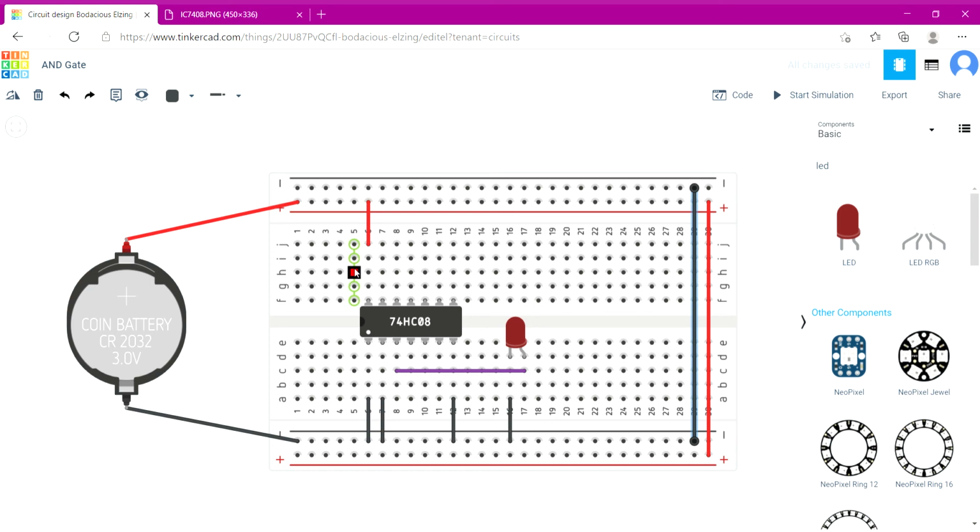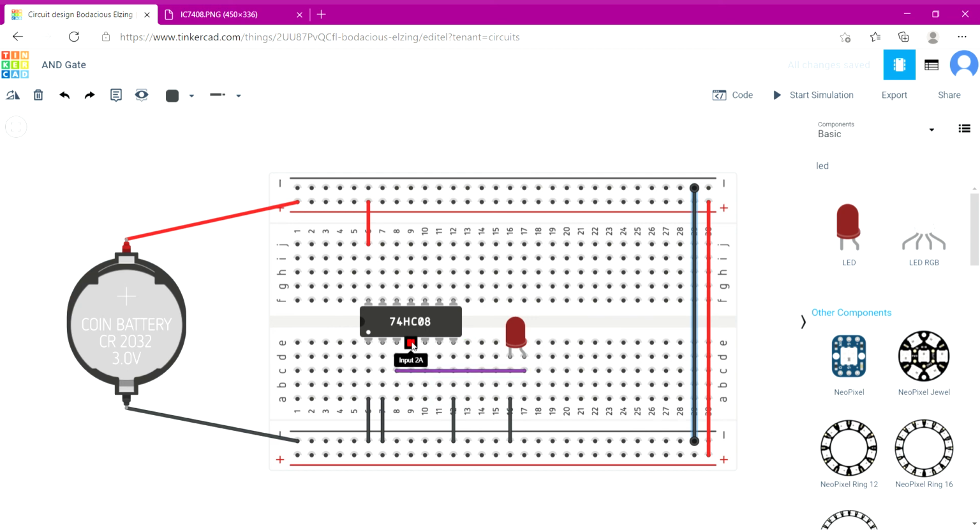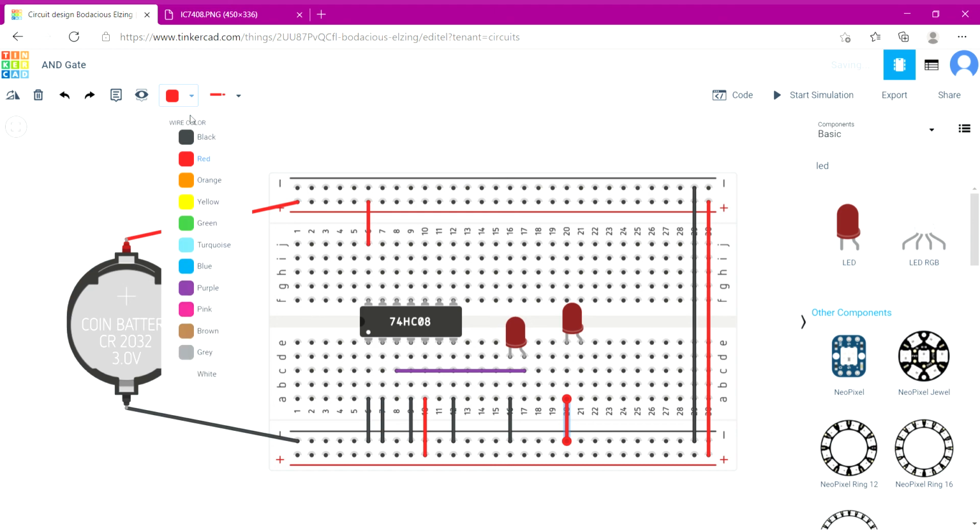Now case 2, A is 0 but B is 1. For that we will take pin 4 negative but pin 5 positive, just as we did in case 1. Here also we will bring LED, connect its cathode to negative and anode to the output pin 6.